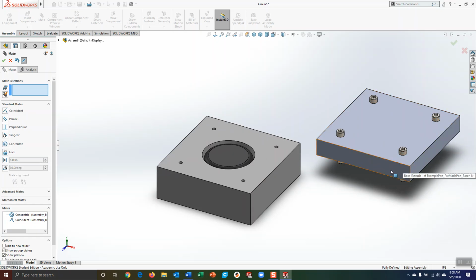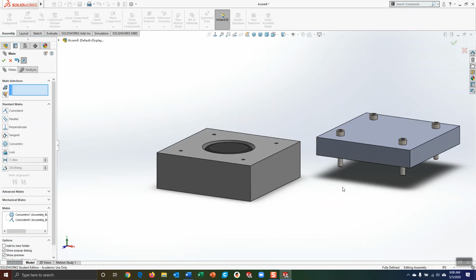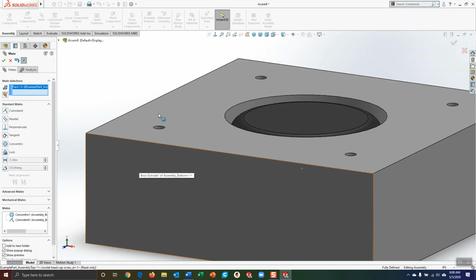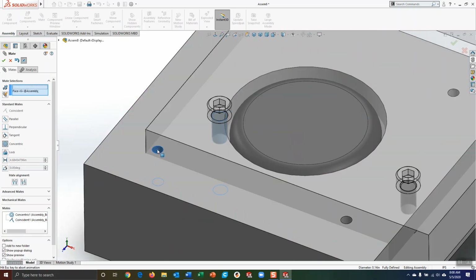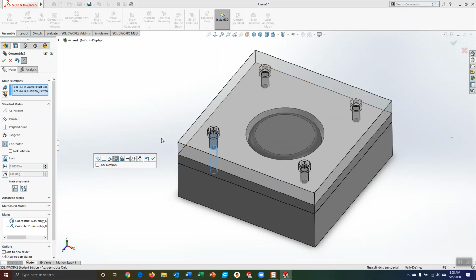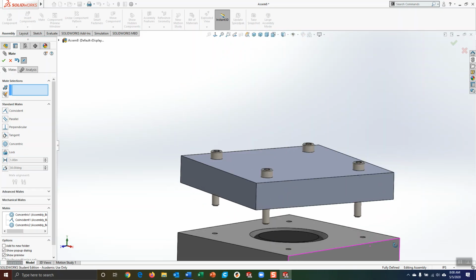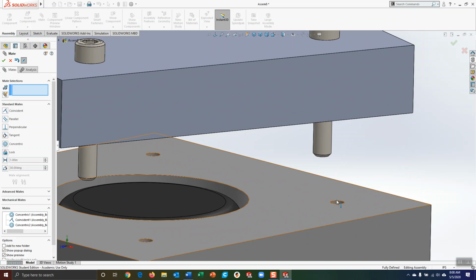Now for our last subassembly, you have a couple of options. You could select a couple of pairs of faces to lock those two directions, or since we have screws and the corresponding holes, we can use those as well. So let's go ahead and do that. I'll use this screw and that face. Select OK. We can select that last pair of